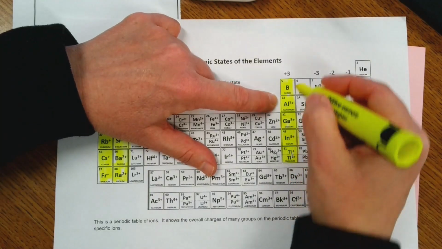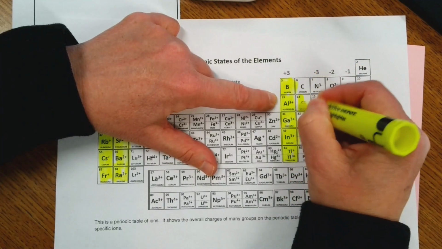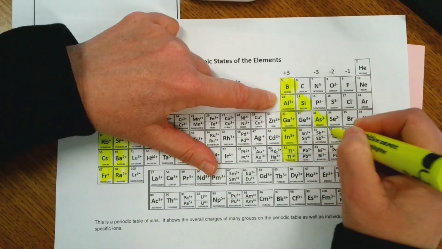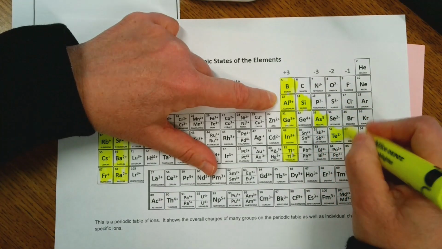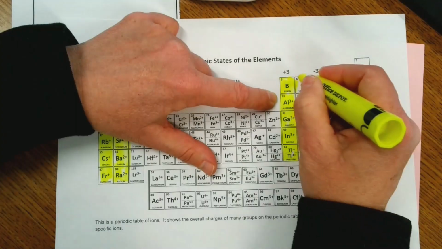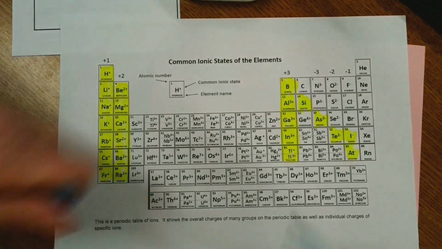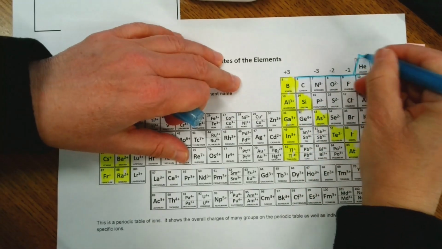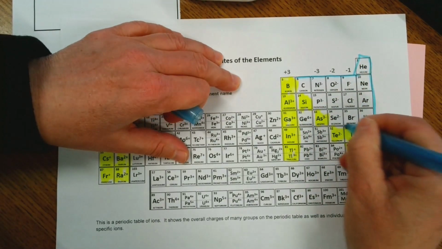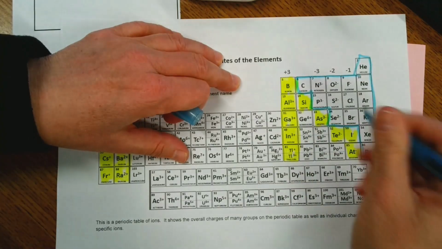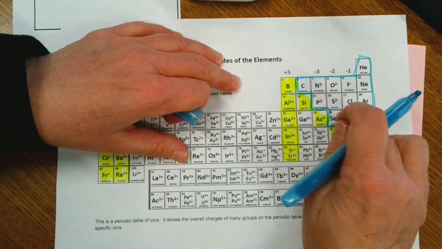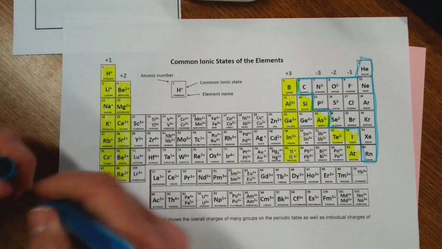Boron's not a metal, but when we start with boron, silicon, arsenic, tellurium, iodine, astatine. Basically, when we start getting into that section of the periodic table, these are all our nonmetals over here. And that little thing is what we call the staircase. So everything over here is pretty much nonmetals. Everything this way is